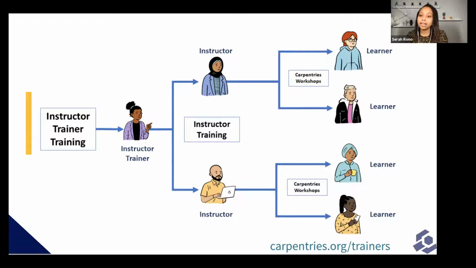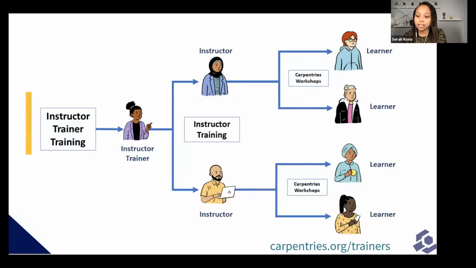And these instructors are trained and prepared to teach in Carpentries workshops by a group of more experienced instructors in the Carpentries that are called instructor trainers. So through our instructor training program, which is our train the trainer model, we address unmet training needs in rapidly developing fields. Our model accomplishes this in spite of and because of a shortage of qualified faculty and practical obstacles to rapid change in university course offerings. So a train the trainer model offers a great approach to scaling the data science skills training.